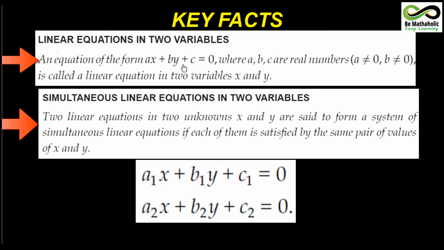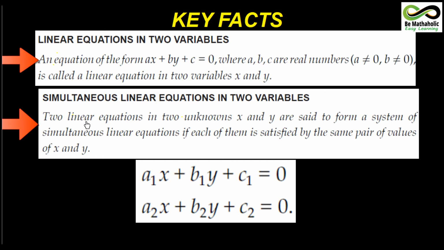Whenever it is asked, do remember this: ax plus by plus c is called the general form of the linear equation, where a, b, c are real numbers and a and b especially will be non-zero real numbers. I mean, other than 0 you can put anything. Then in this chapter we will be studying pair of linear equations in two variables. It is also called simultaneous linear equations in two variables.